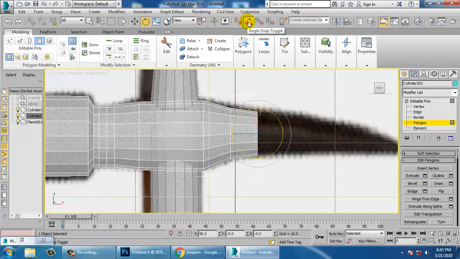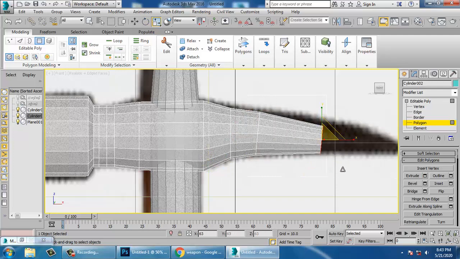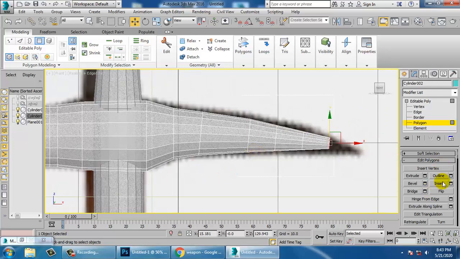Turn off this angle snap toggle, and let's use the bevel. Again use a bevel, and finally you can scale this.